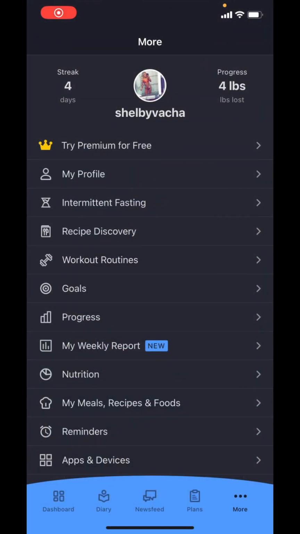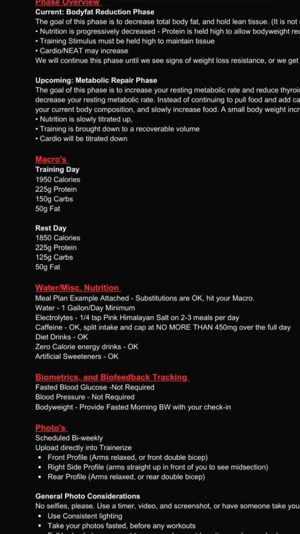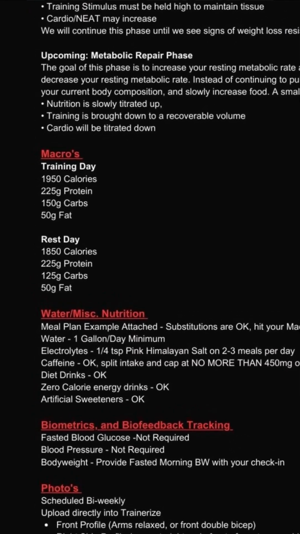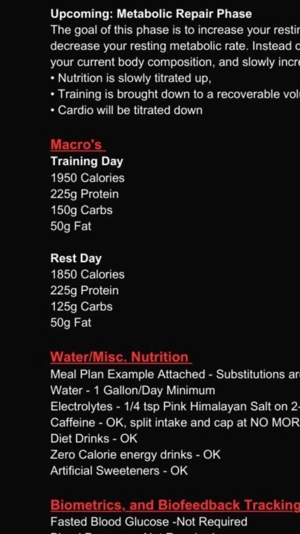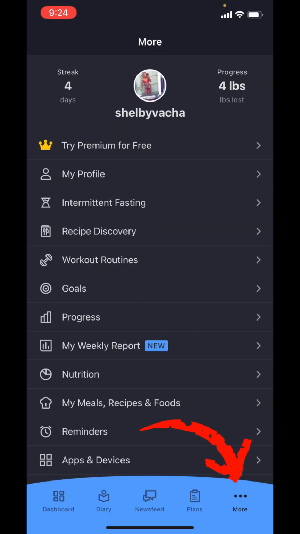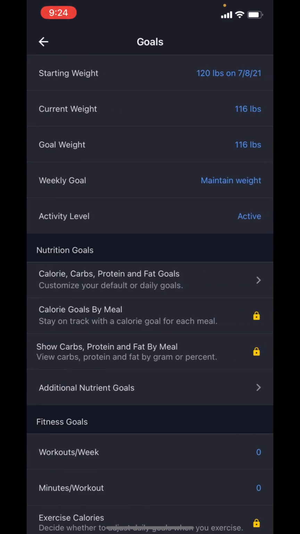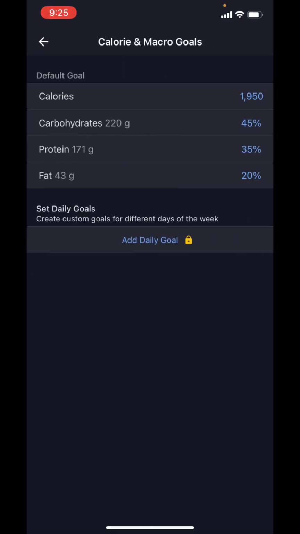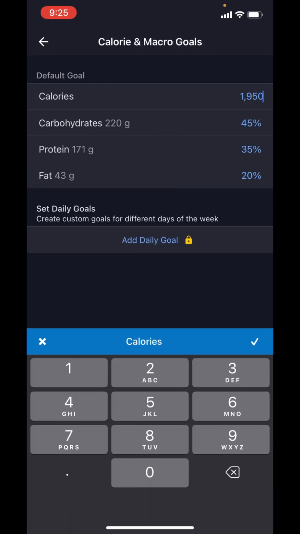So in order to establish your goals in MyFitnessPal, you will first look at the Trainerize app. Your trainer will have your macros listed in your program overview for you, so you can reference that. You'll go to the More tab on the bottom right-hand corner with the three dots. You'll click Goals. Then you'll tap on Calorie, Carbs, Protein, and Fat Goals, and then you can edit as necessary